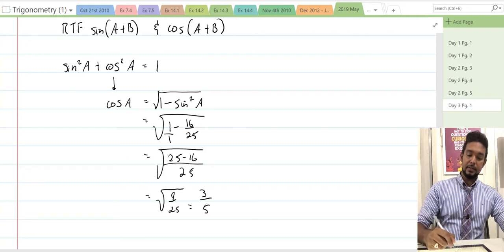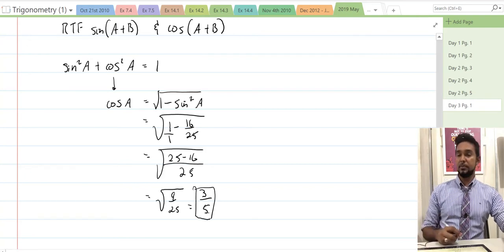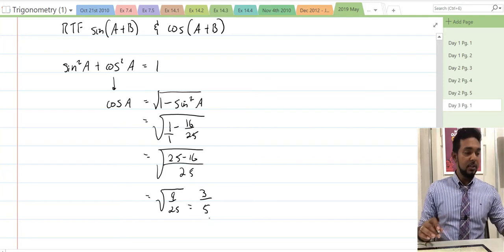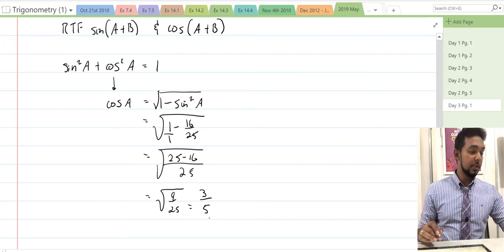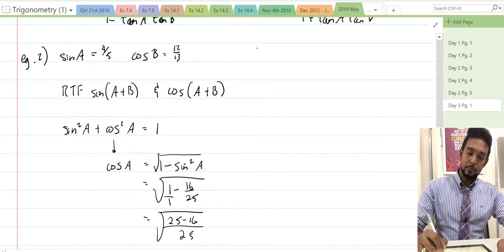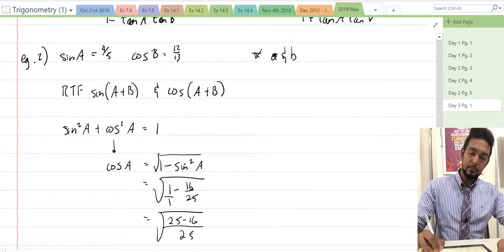What will guide us in our selection of the positive or negative root is the information about the angle A itself. What did the question tell us about angle A? Well, A and B are both acute angles. So we'll note here, A and B, sorry, capital A, capital B, my bad. Right, so A and B are both